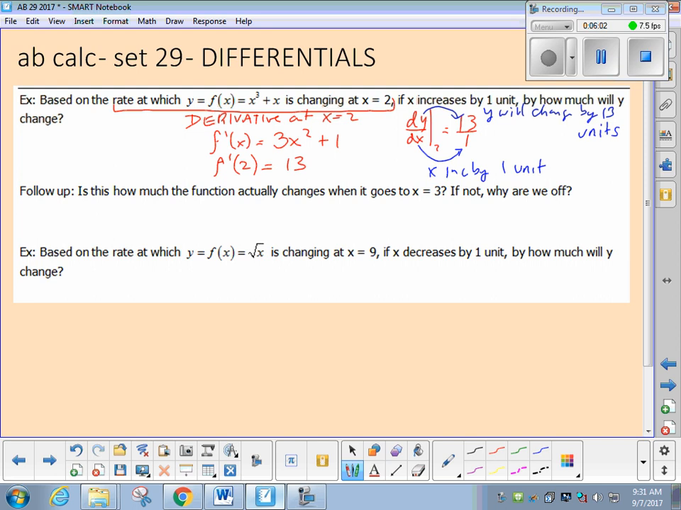Now, the question is, is this how much the function actually changes by going to x equals 3? If not, why are we off? Well,